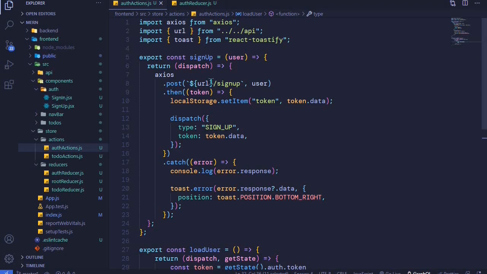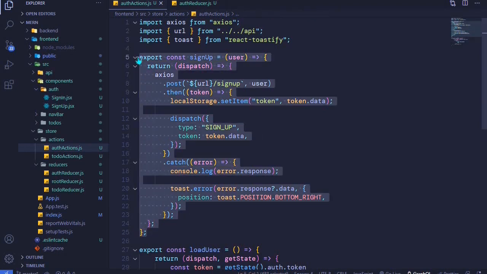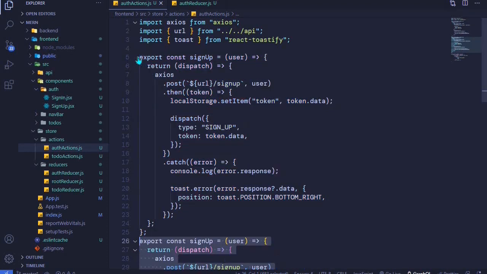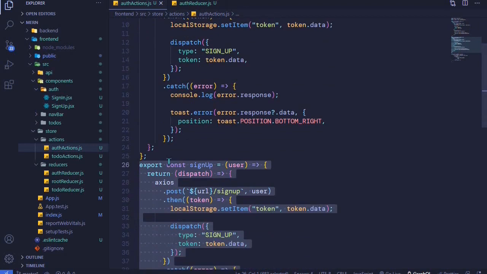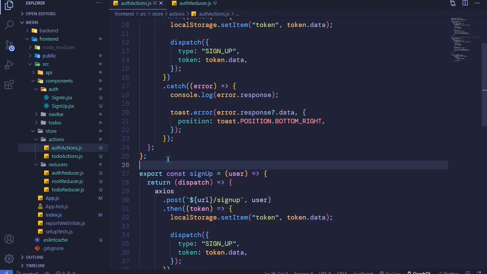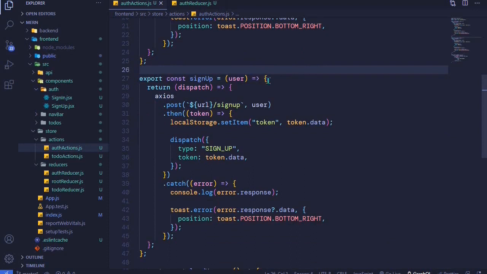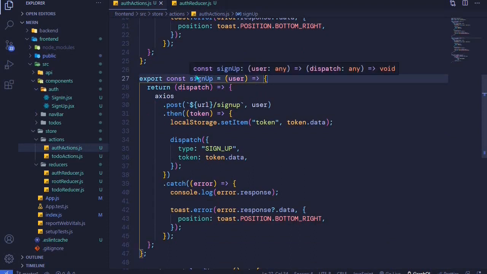In this section, I want us to sign in a user using our sign in form, and our sign in action creator will be so similar to our sign up action creator. So all I'll do is copy this action creator and duplicate it at the bottom using Alt Shift and the bottom arrow. So now right here I can create some spacing and customize this action creator to fit our sign in action. So first things first is to rename this action creator to signIn,